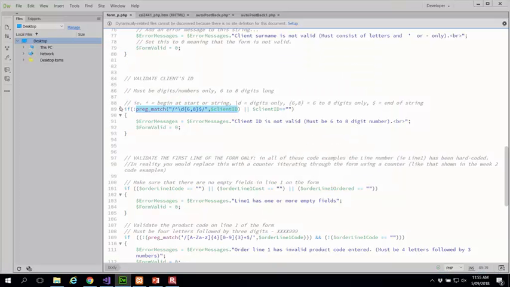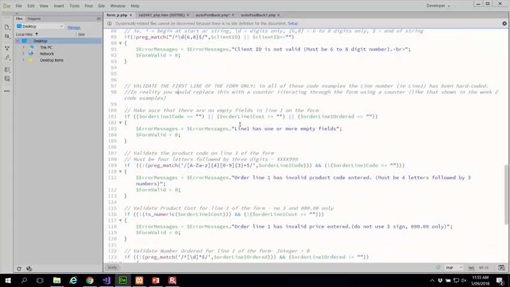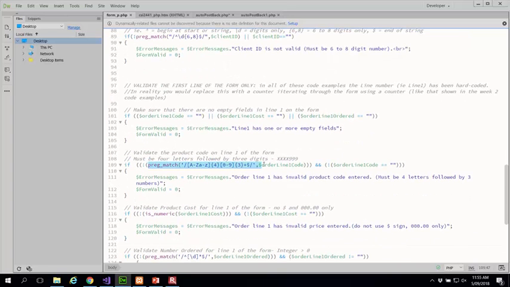Similarly, in PHP, you can also see that match is being used, and there is an explanation of what is being expected. Secondly,